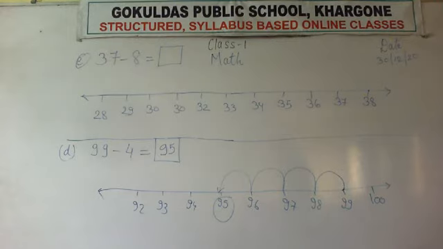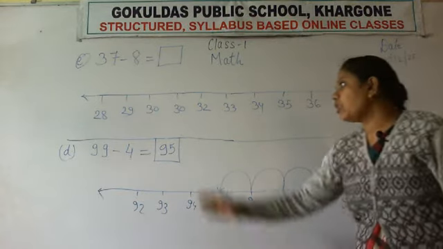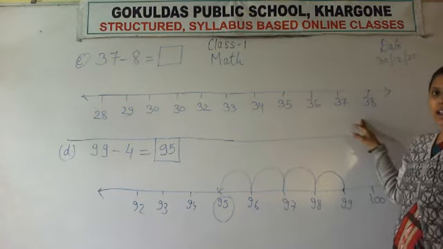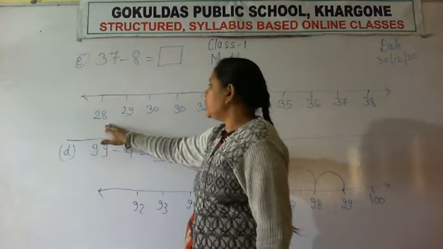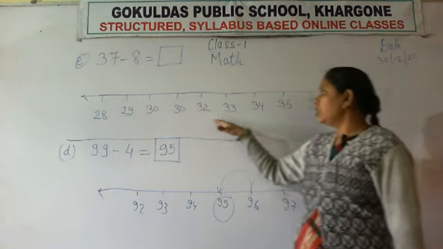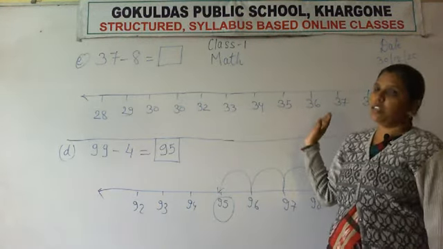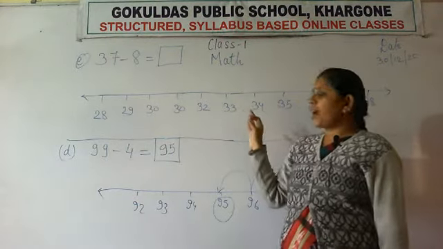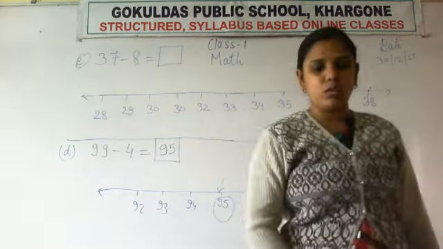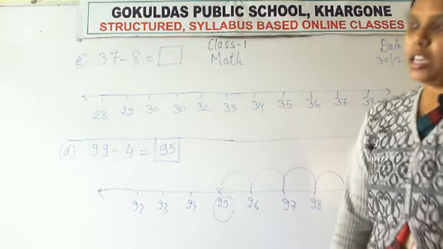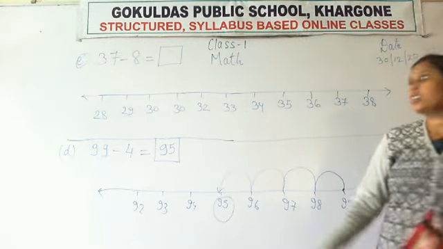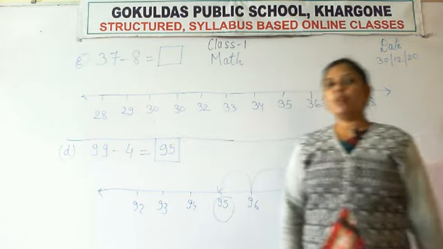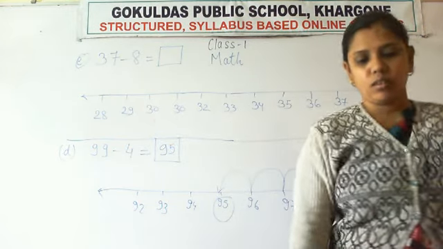Don't draw a rough line. Okay, don't spoil your copy. So use a scale to draw a number line, draw a straight line and leave sufficient space between all the numbers. Okay, so write one number in one box. Because your maths copy is like boxes, you have to write one number in one box.